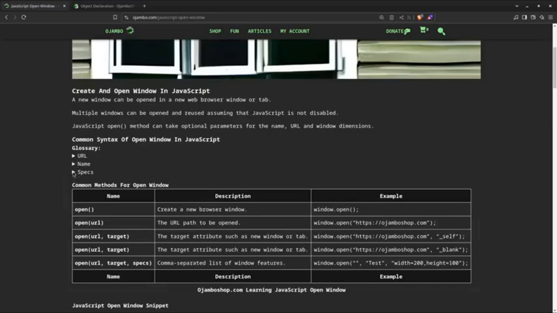The specs will be like the dimensions, so you can specify exactly the size and other stuff. We won't go through all of them. We'll just do the most common ones for this tutorial, otherwise it will just take too long. So if we go down here,